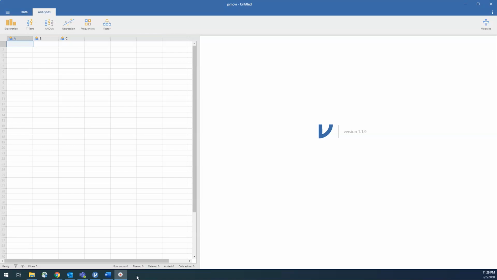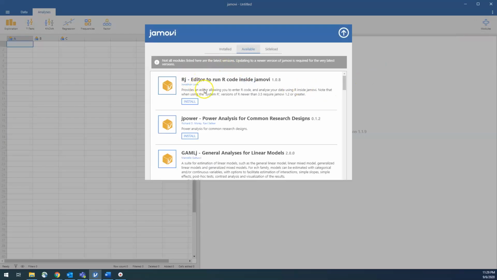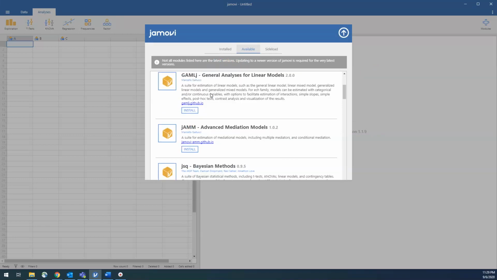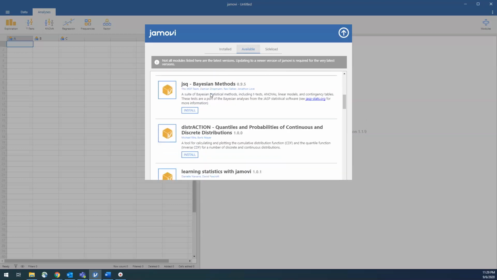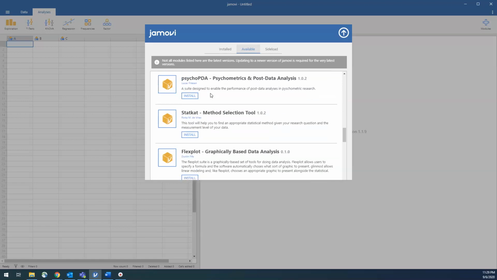So one of the first things that I want you to do with me is go to the Modules button up here in the top right corner and click on that, and I want you to go to the Jamovi library. Now, in the Jamovi library, they have a lot of additional packages that you can install that give Jamovi greater functionality, and we'll add some of these throughout the term. But here at the outset, there's one in particular that's